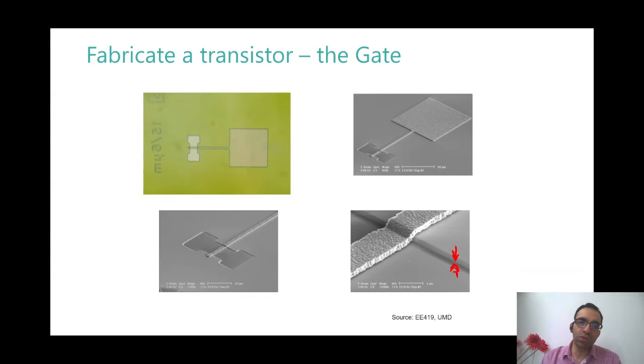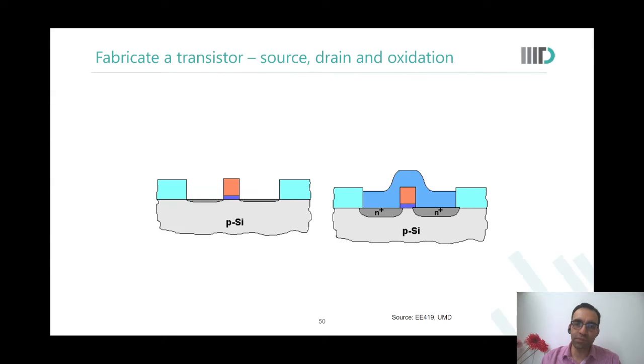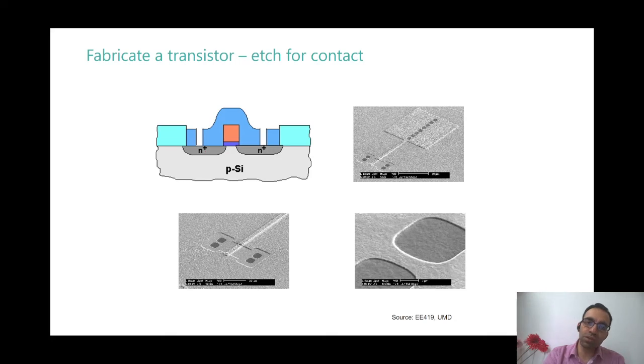And the polygate is there. Then you do the doping of the source and the drain, which results in these N+ regions being designed. And then you deposit metal. Once you deposit the metal, what do you do? Sorry, not metal. This is an oxide again, in which you will then create these slits. In these slits, you will then make a contact